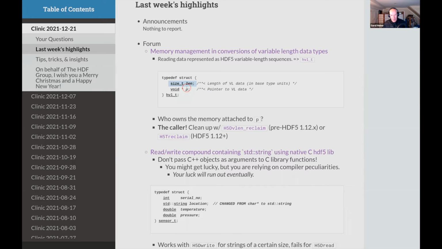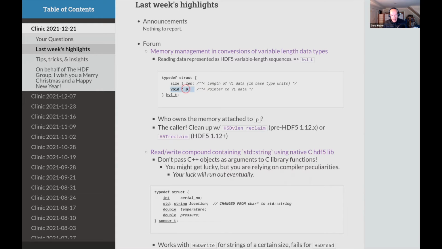So I can't pre-allocate a buffer that will fit exactly what I need. There is no function in HDF5 where I could do a pre-scan and say, tell me how much data I'm looking at. This is not how the API works. So the library will have to allocate these buffers, to which these pointers then point, on my behalf.